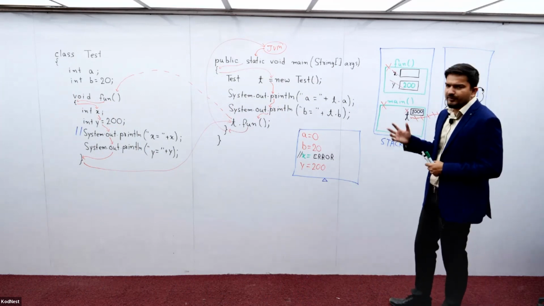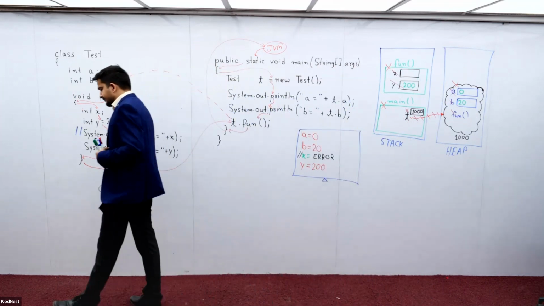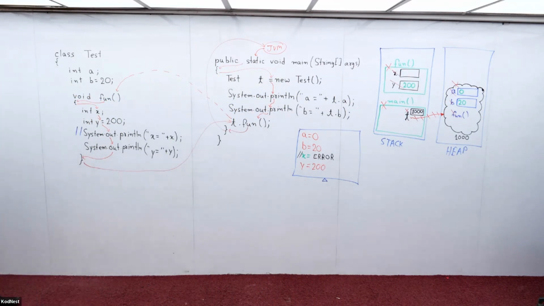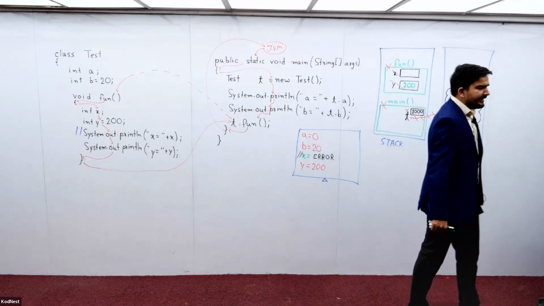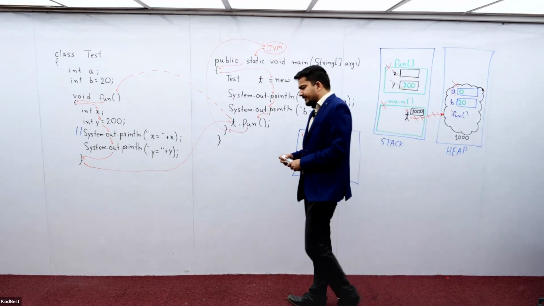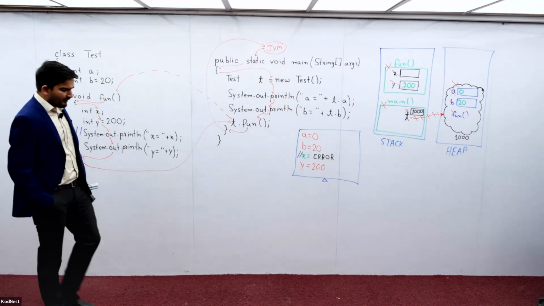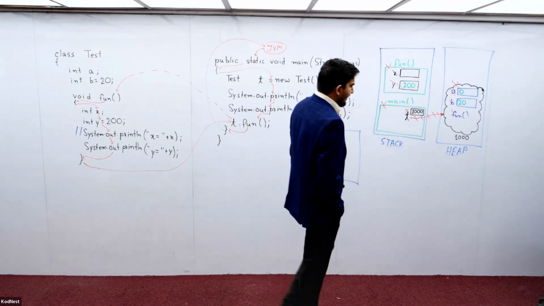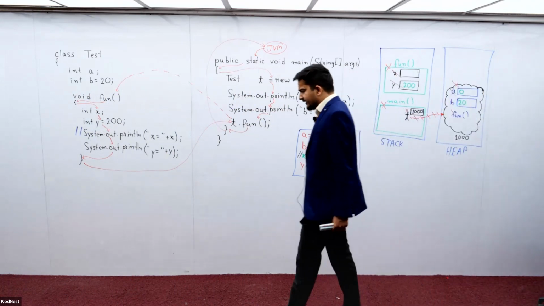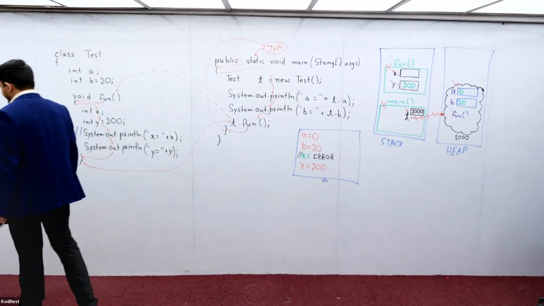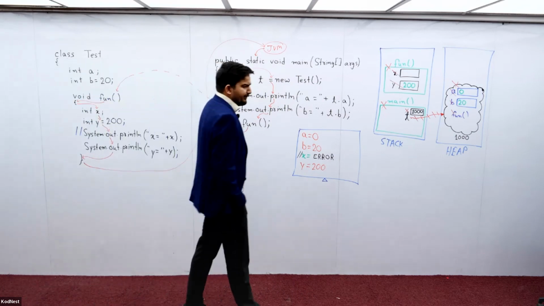Okay. What else? Now we will talk about removal from the memory. On the instance variable side, please write: instance variables are deleted from the memory once the object containing them becomes a garbage object,